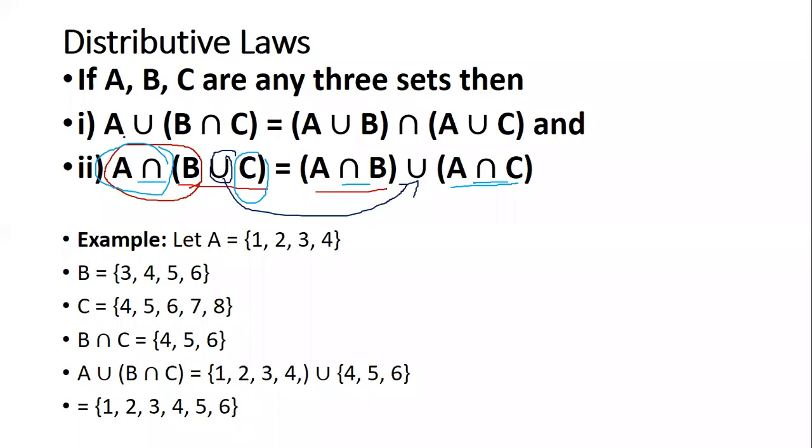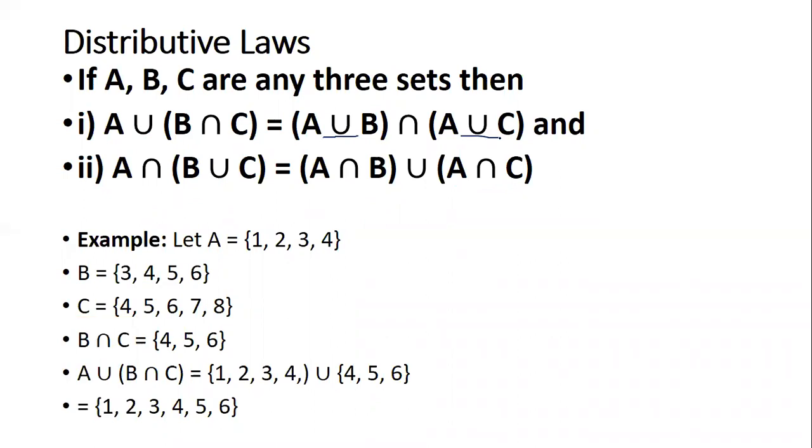Okay, so to repeat, when you have A union B intersection C, this is a combination of union and intersection in one rule only. So when you have A union B intersection C, first take the intersection inside the bracket for the calculation and then find out the union with the sets. Now, the second rule is A intersection B union C. Whatever you get first here, intersection has to be considered here.